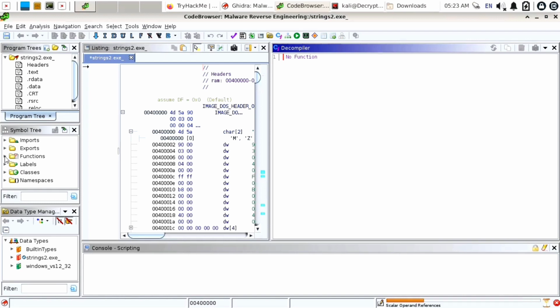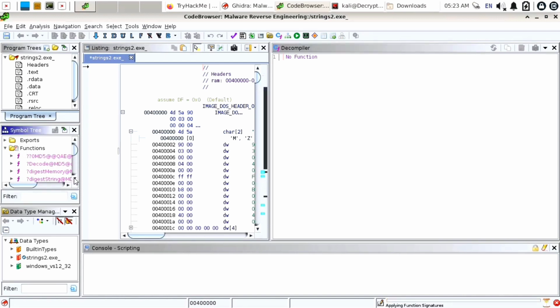We are also going to find the main function in the functions folder. I don't think it contains a main function either, so here also we are going to analyze the entry function first. Just wait for some time until everything gets loaded. It is still loading the children items of this function folder.